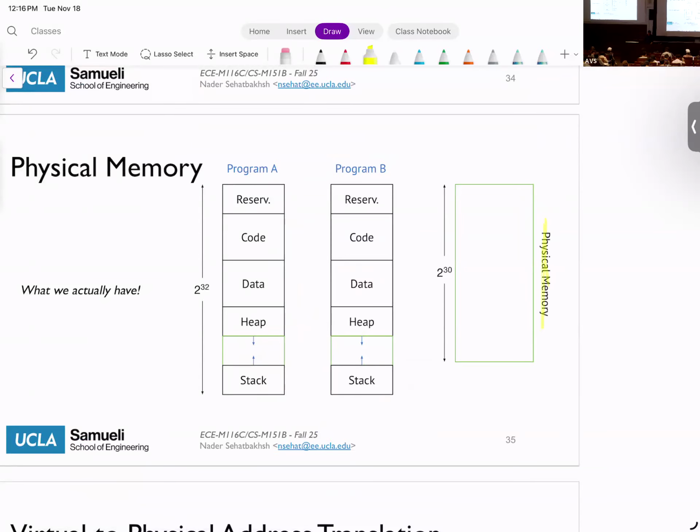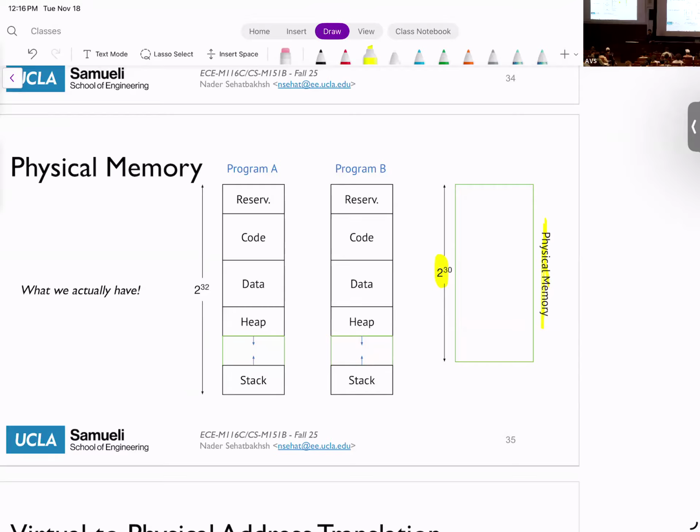And the number of bits that we have for the physical memory is the actual hardware that we bought. For example, you can pay for a laptop that has 256 megabytes of RAM. You can also pay more and upgrade it to 512 and so on. Sorry, megabytes, not gigabytes.